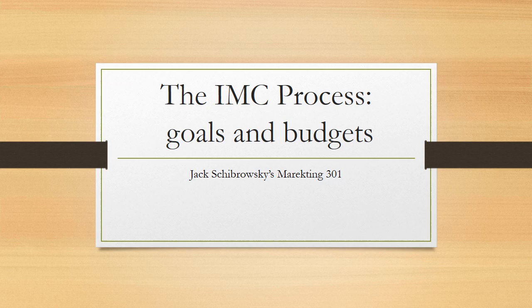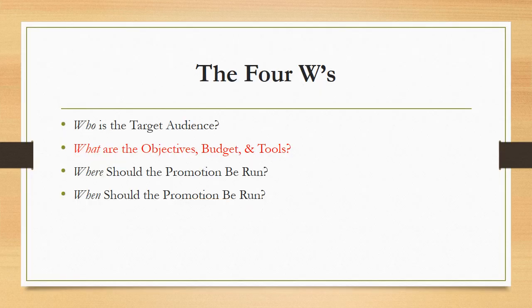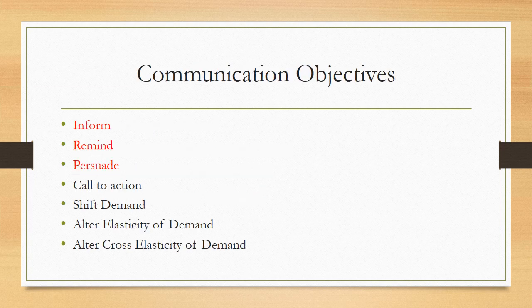All right, now it's time for us to talk a little bit about goals and budgets in terms of the IMC process. Remember, we started off with who's the target audience, and then the second question is what are the objectives, the budget, and the tools? Well, in this particular lecture, we're going to talk a little bit about objectives, and we're going to talk a little bit about budgeting. So the communication objectives, virtually every marketing communication is designed to do one of three things: